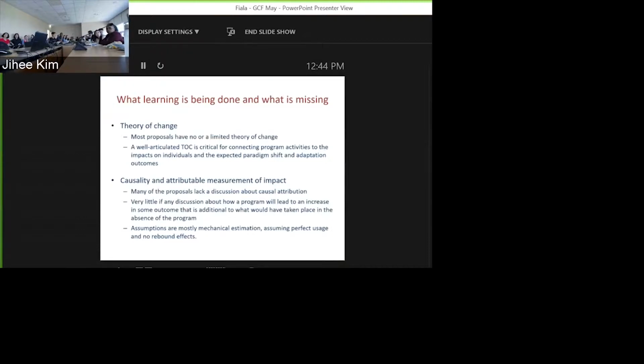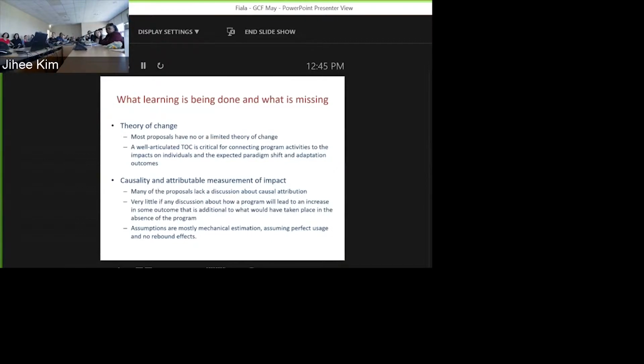Not too surprisingly, again, the proposals were not really focused on developing causal attribution, and so most of them don't have a very good discussion about why we should believe that when you deliver a program in a country, we're going to actually see changes because of that program.